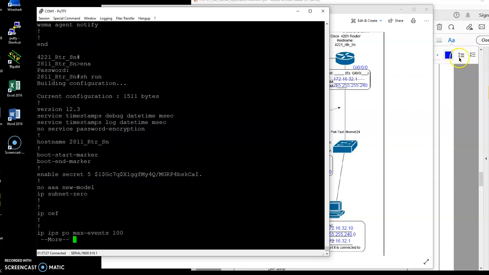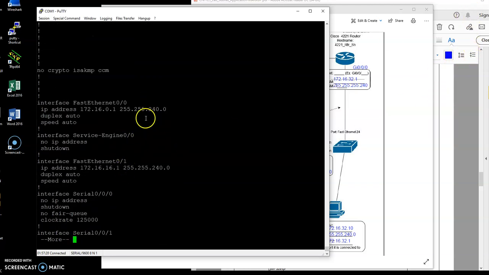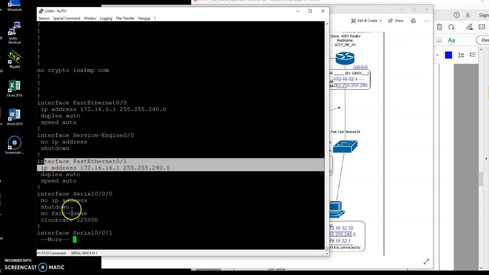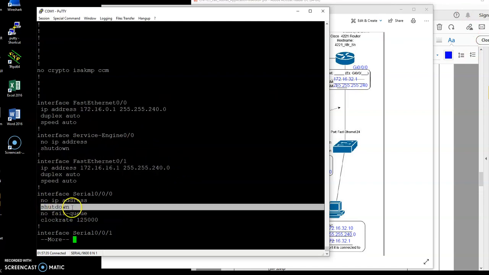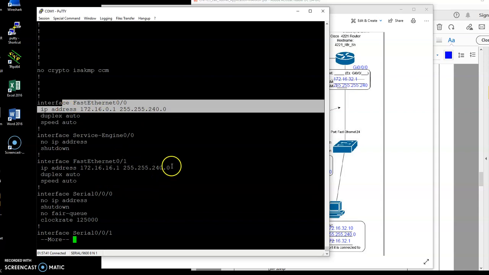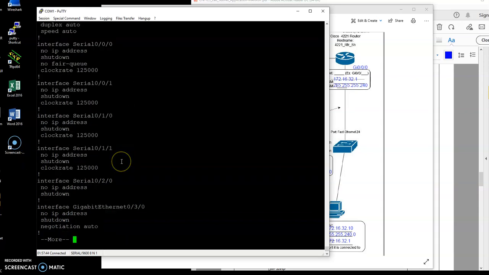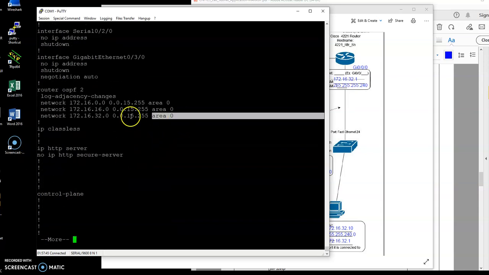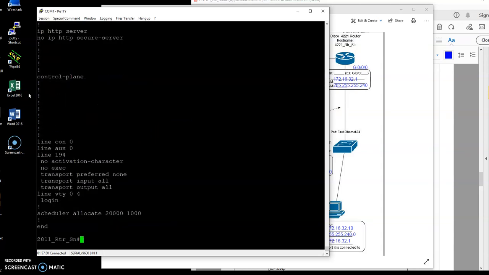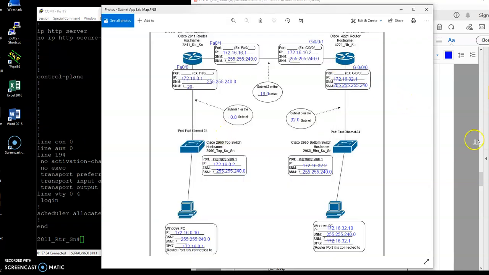Again, I'm going to do the same thing. I'm going to double check my IP addresses, make sure they're correct. Under my interfaces, I want to make sure I don't see shutdown. I do not want to see that under the interface. So check the interface, check the IP. Down here under the routing protocol config, same thing. I'm checking to make sure my 3 subnets are there. Again, now's the time to fix that. Once I've made sure that is correct,